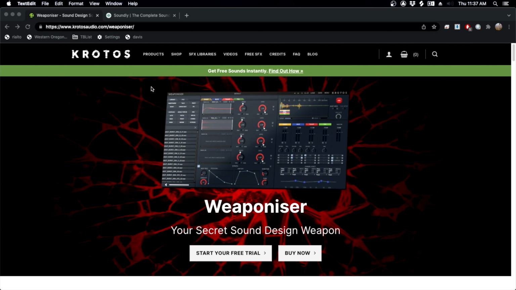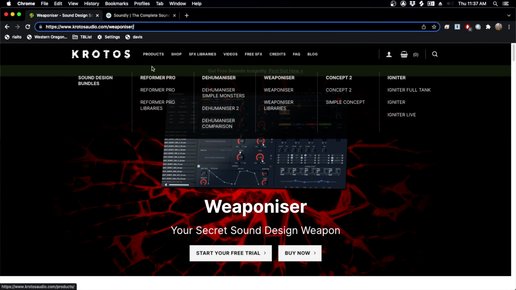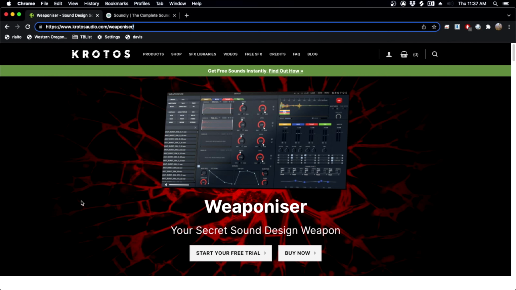Switching gears to sound effects and sound design, Krotos is a company that caught my eye, I think like 2 years ago, and they've got some really interesting tools for creating new sounds. But the one I've used the most is Weaponiser. It's a way to trigger weapon sounds. You can use it for other things like footsteps, but I've been using it for weapon sounds for layering and creating different flavors of a small set of